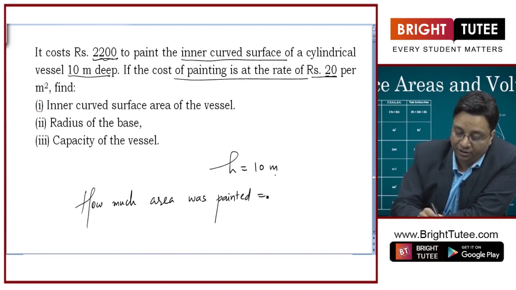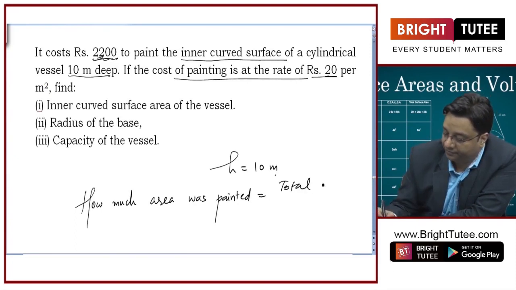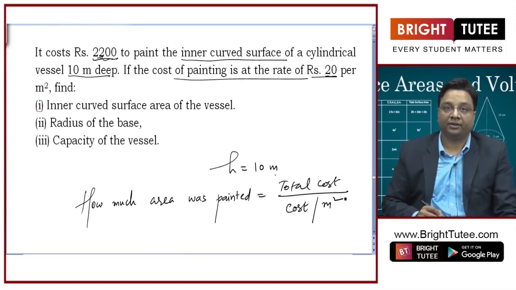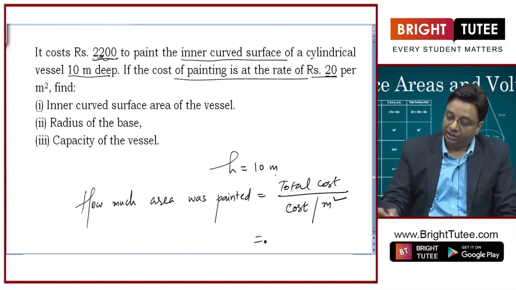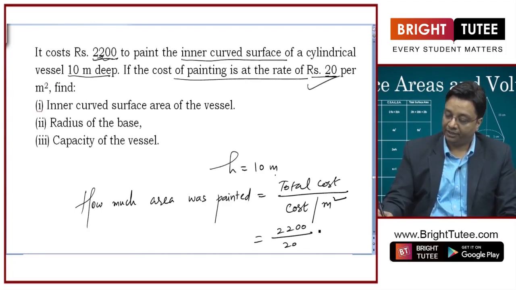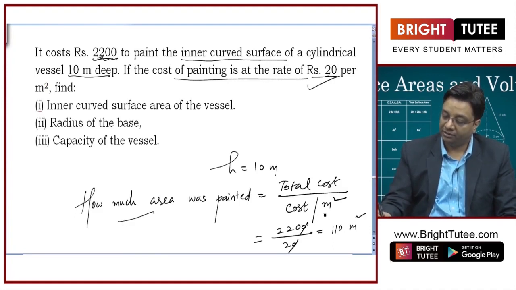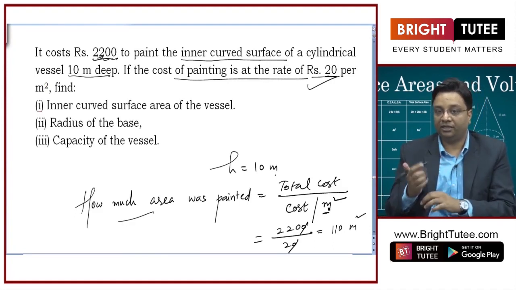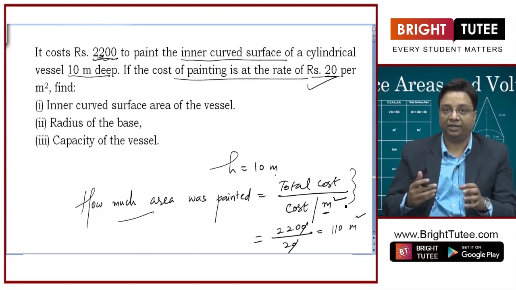It will be equal to the total cost divided by cost per meter square. What is the total cost? 2200, and cost per meter square is rupees 20. So it will be equal to 110 meter square. If you even look at the dimensions, you won't have to memorize these formulae,